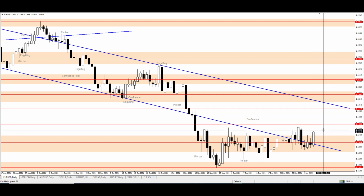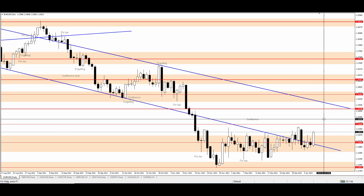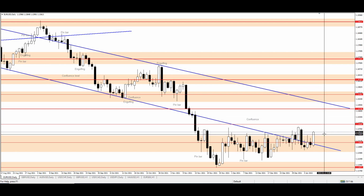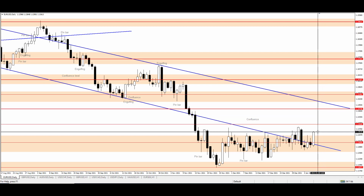The level 1.14748 is the next strong resistance where we can expect the price to stall. From the current price 1.13613 up to the 1.14748 level is not too far. It is around 100 pips, which EURUSD can move in a day, like the last candle this week which had